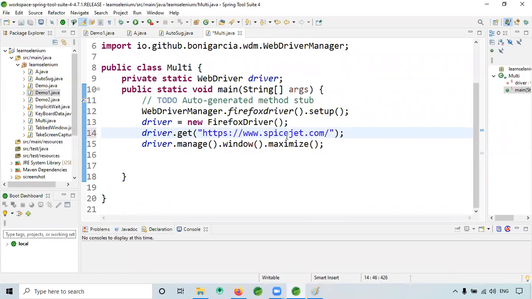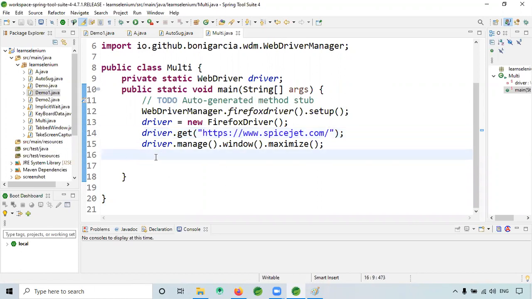In this situation, we have to use find elements, not find element. One more thing: when you are using find elements, most of the time we use a list. See, I will show you. I will first add a sleep.